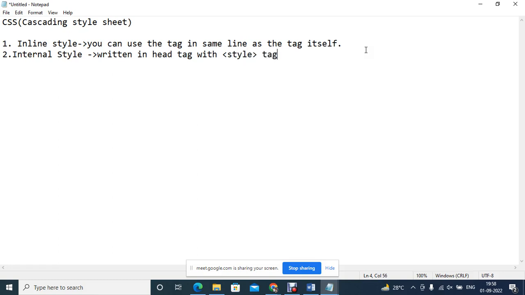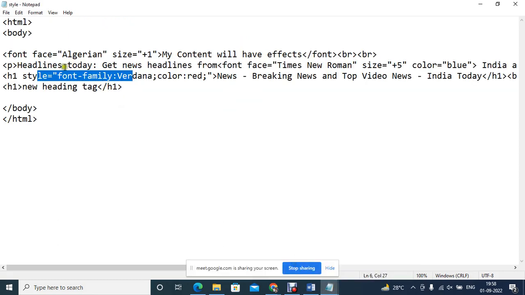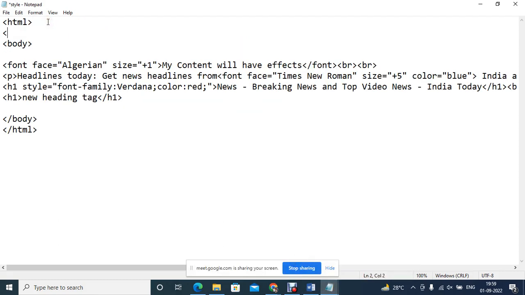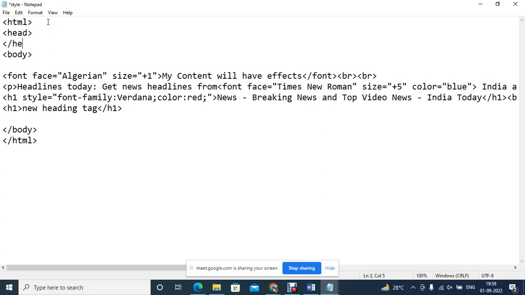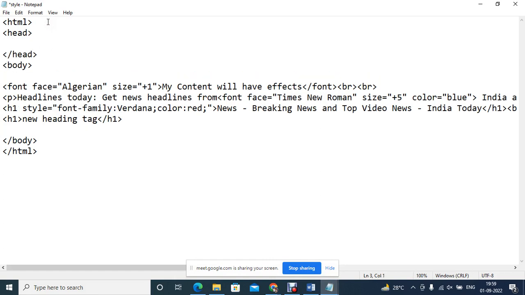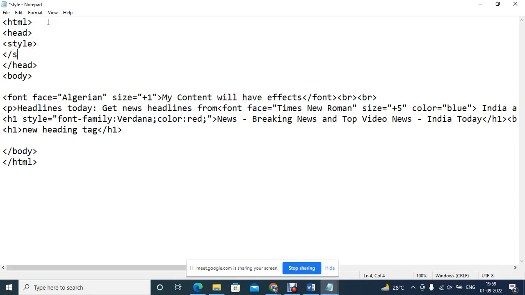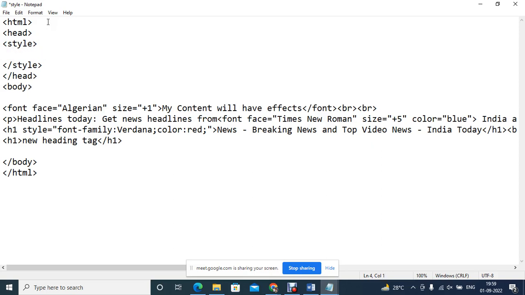Okay, so we use internal in the head tag. So we need to put the head tag here first. Head we need to open, head we need to close, and within the head we need to put the style tag, and we need to close the style tag,